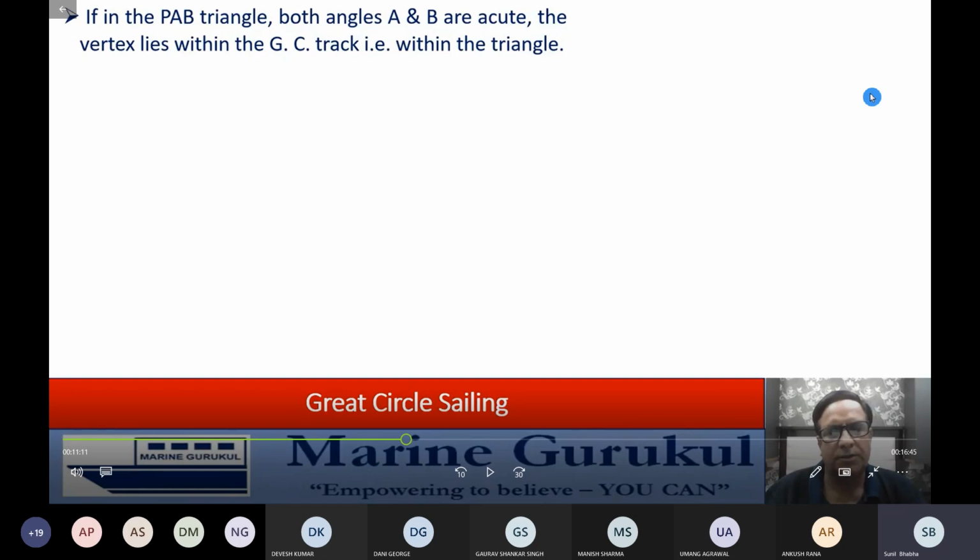अब बेटा आगे जो टॉपिक्स हमारे आ रहे हैं, we have done basic great circle sailing question. Now we are moving on to vertex and intermediate position. Later on we will be moving on to composite sailing. All these topics are interconnected with each other. It basically means कि जो great circle का concept है, जो PAB triangle हमने बनाई है, angle A, angle B calculate किया है, GC distance calculate किया है, now this knowledge will be required till the time we go to the last concept